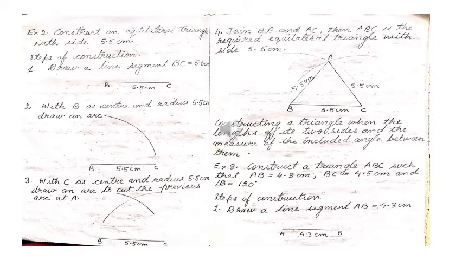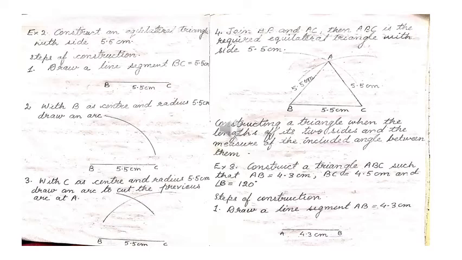Now with B as a center and radius 5.5 centimeter, draw an arc. Now from B try to take a compass and the pointer should be on 5.5 and try to extend it and try to match it. Now with the same length, after checking it from the ruler, try to put on point B and try to frame an arc. Now point C,